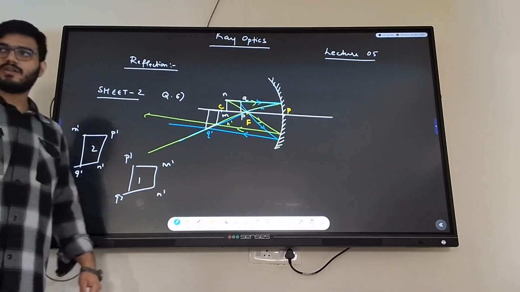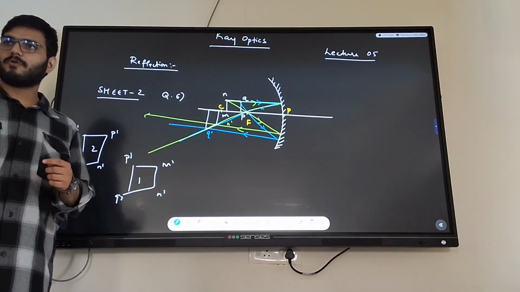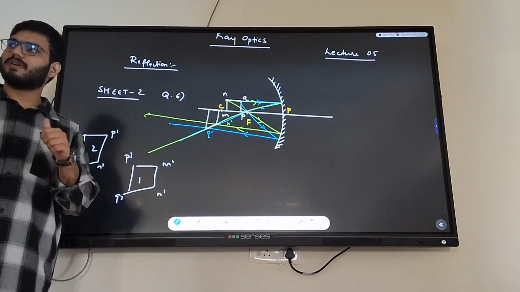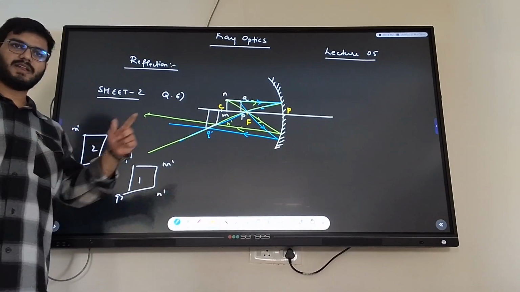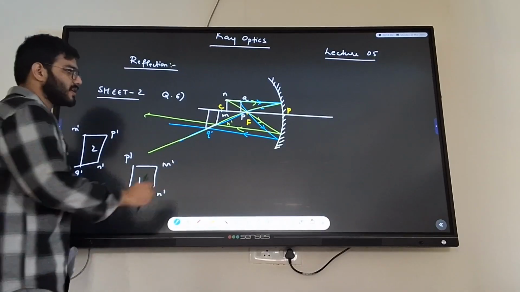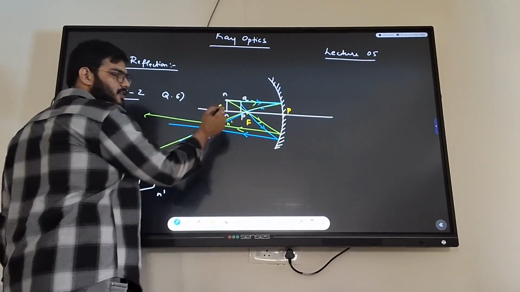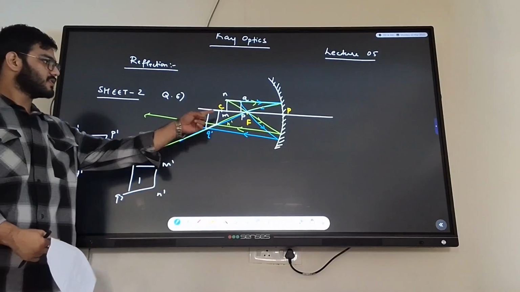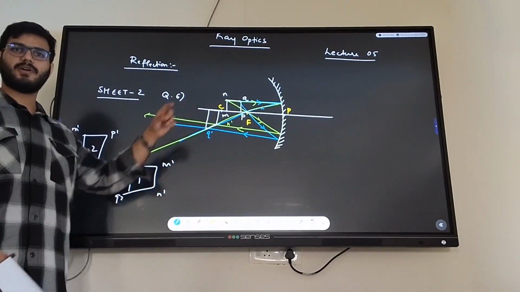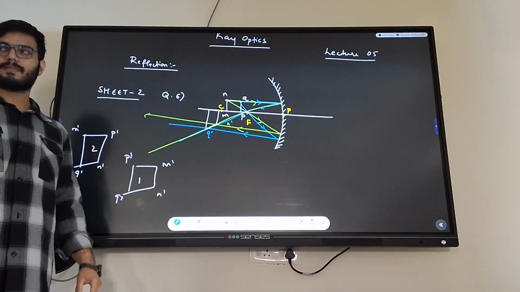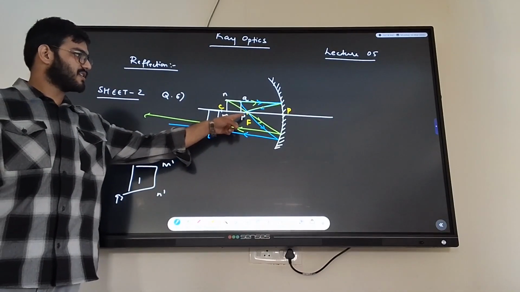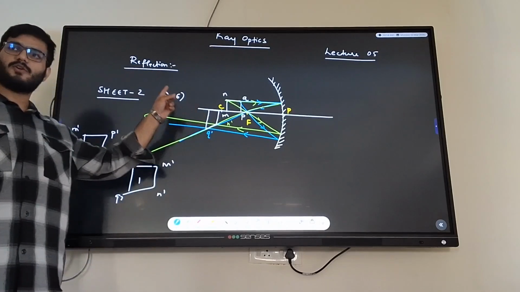Yes. You can even say this, that the point which is closer to the focus will be farther away. That will actually tend towards infinity. Then which point is more towards the focus, the M point or the P point? P. So which should be closer to infinity? M point or P point? P. Let me say it again. The point which is closer to the focus, its image will be closer to infinity.